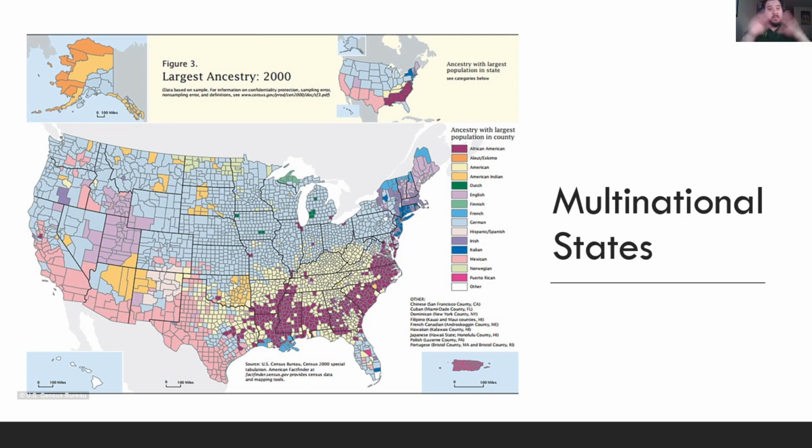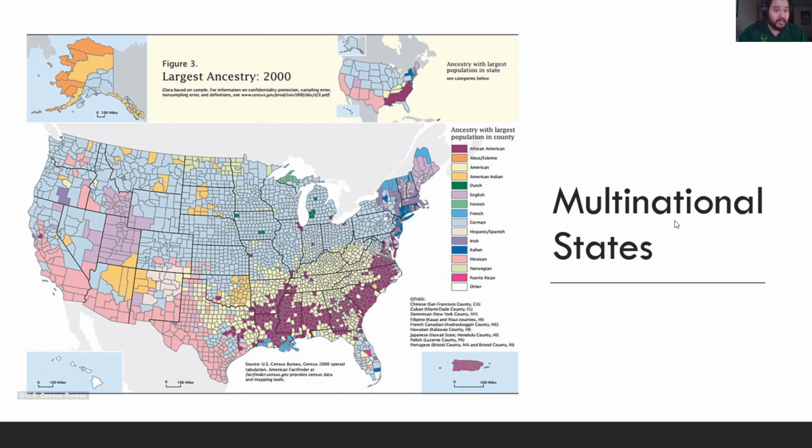Now, out of these definitions, we have a bunch of other concepts and categories that come out, like multinational states. We're just adding multi, so a nation is a single culture for a population, that common culture that population shares. Multinational states have their sovereign government. They're a single political entity with a sovereign government, but they have multiple cultures within those boundaries. The United States is a good example of this. As you've seen, we have lots of ethnic identities within the US and lots of ancestries and histories within the United States. And that's what helps qualify the US as a multinational state.